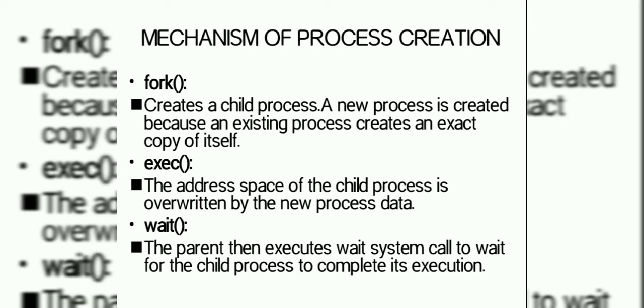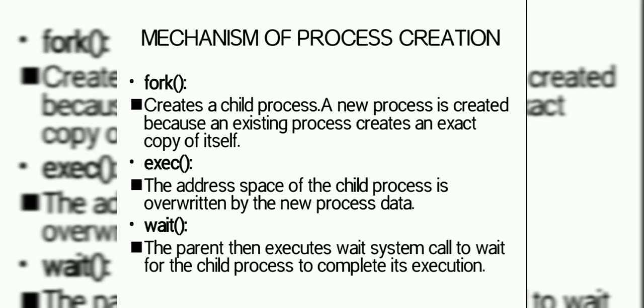A process is said to be born when the program starts execution and remains active as long as the process is active. There are 3 distinct phases in the mechanism of process creation, and it uses 3 system calls. First, fork. A process can create a new process with the fork system call. It makes an identical copy of the calling process, with the exception that one process is identified as the parent process while the other is a child process, and this is called forking.